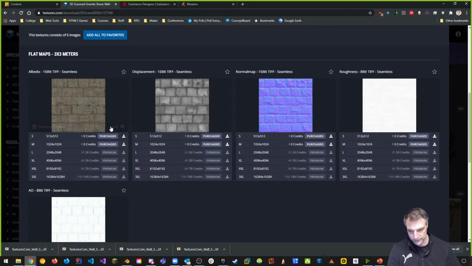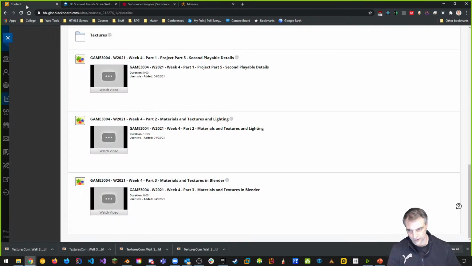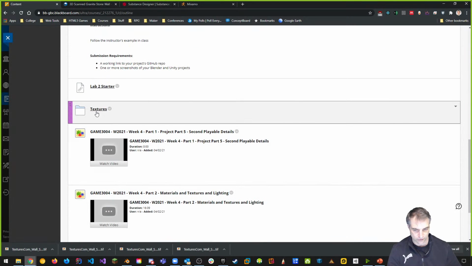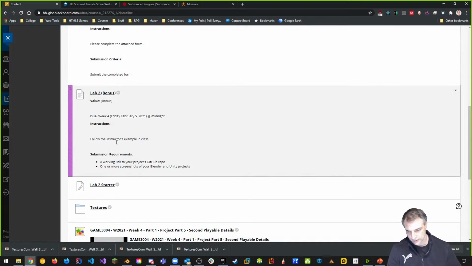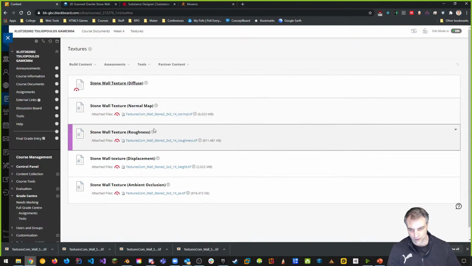All right, so instead of you downloading this stuff on your own, I've taken the liberty of putting the textures up for educational purposes on Blackboard. So if you look at Blackboard, if you go into textures, then you can see all the textures that